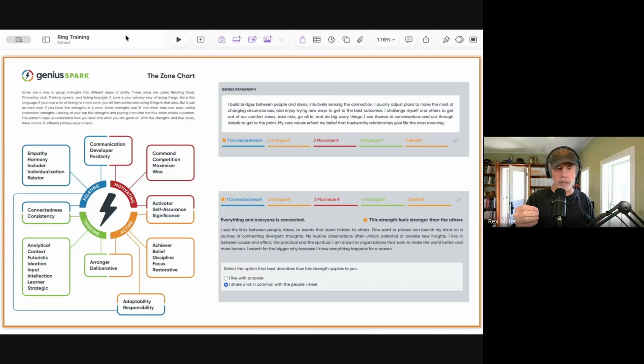And then when we're looking at communication, developer, and positivity, Gallup would put communication in the motivating side because someone who's articulate and someone who is a good wordsmith is motivating others. But Core Clarity puts it in the relating side because the internal activator is connecting with others. You're building a relational bridge and you're finding ways to reach and connect and build relationships.